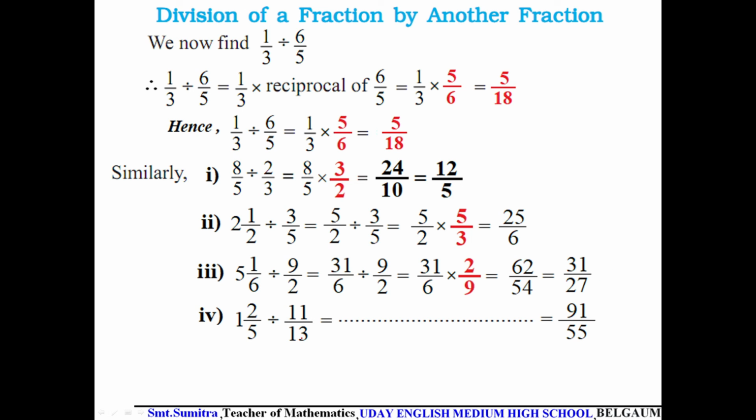One more example. Hope you can answer this one. 5 ones are 5. 5 plus 2, 7. 7 divided by 5. And this division is written as multiplication. Reciprocal of 11 by 13 is 13 divided by 11. Now multiply. 7 13s are 91. 5 into 11 is 55. Similarly, I want you to write the answer in detail. I have given the answer here. Hope you can answer this one.